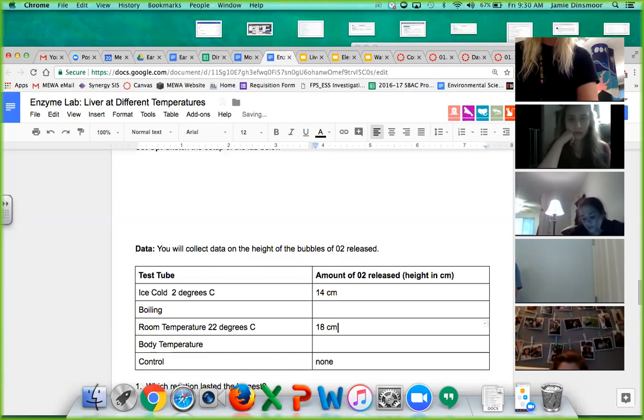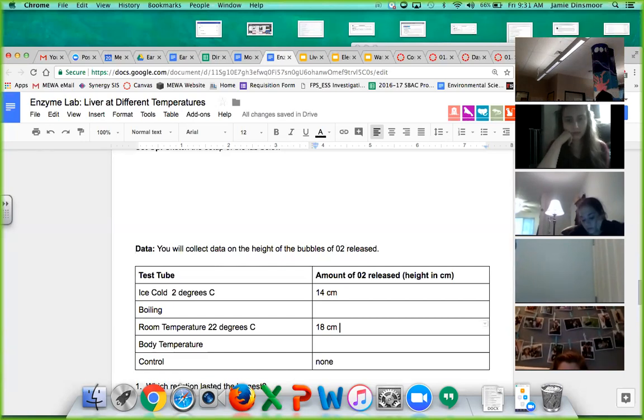Of course, we are estimating this, right, because we can't actually have a tall enough test tube. For some reason, we only have these baby test tubes here. Let me grab a paper towel real quick. I've got liver hydrogen peroxide all over me. Fun